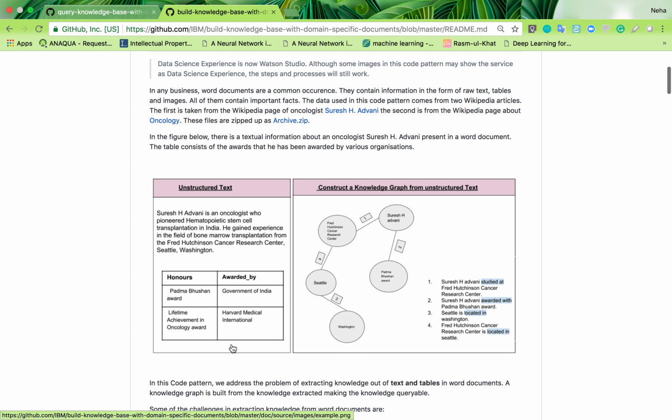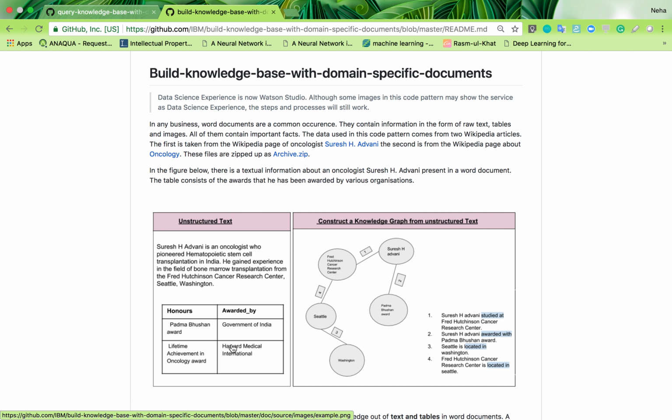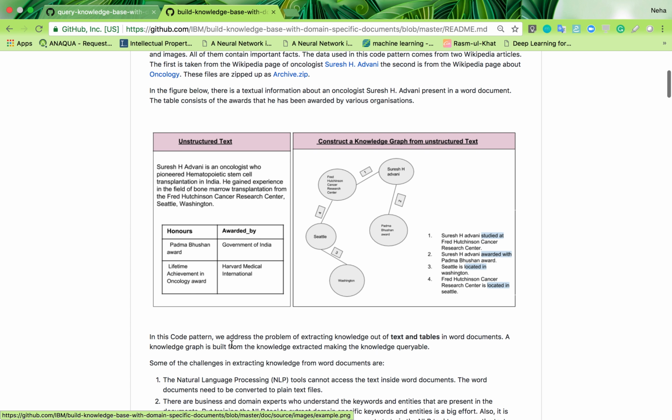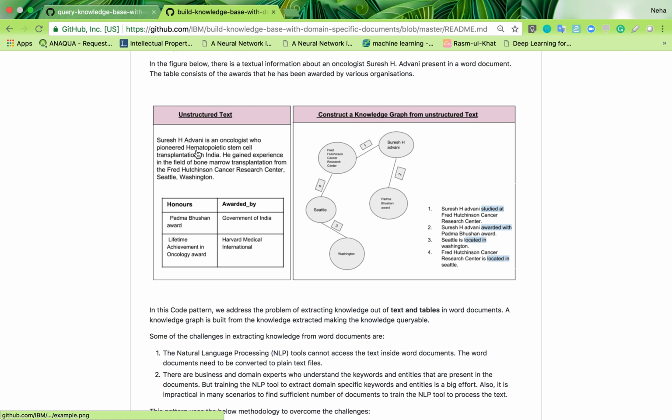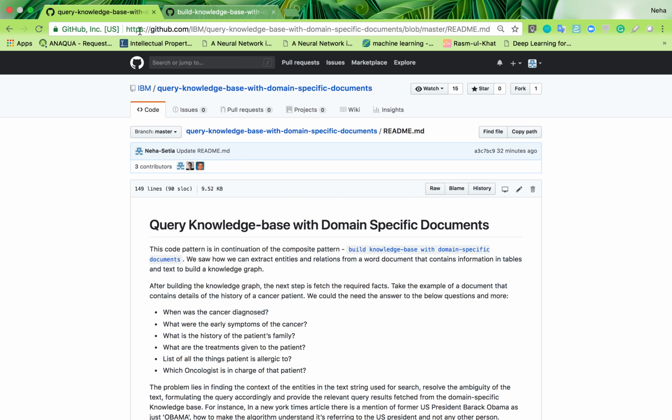As you can see, in build knowledge base with domain specific documents code pattern, we took an unstructured text present in docs and the information stored in the table, and we created a knowledge graph from it. Now, if you want to query this knowledge base,